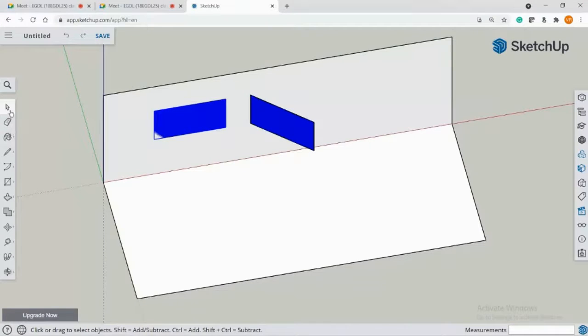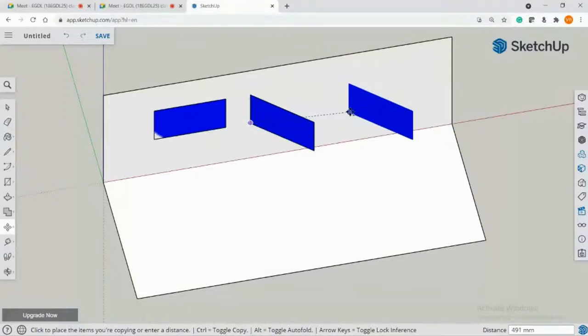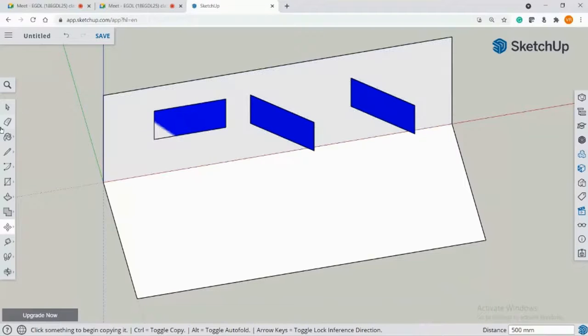What you have to do is, let me just use a command here. Let me rotate it.